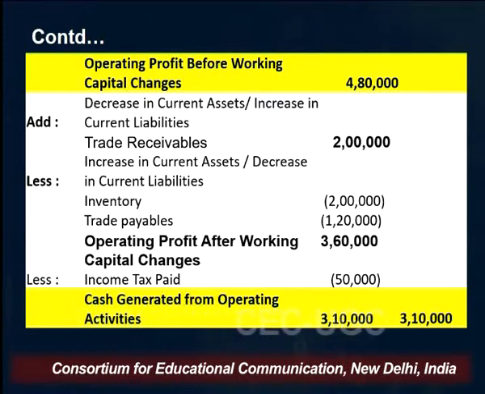So I have subtracted 1,20,000 here. So in this working capital category, we have found addition of 2 lakh rupees and subtraction of 3,20,000. Now you must be thinking, sir, why not provision for taxation? Why not proposed dividend? Because we have already opened an account for it, and it is supposed to be